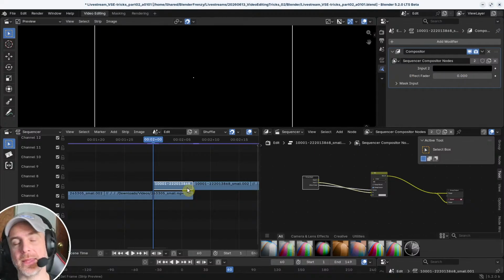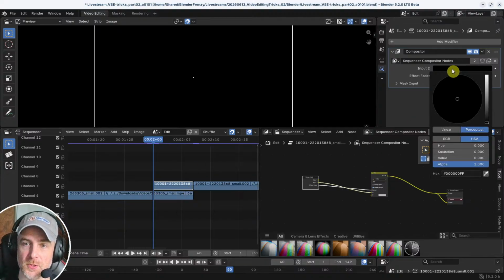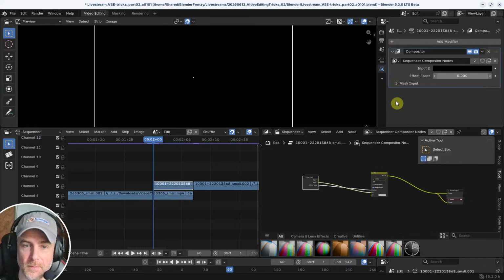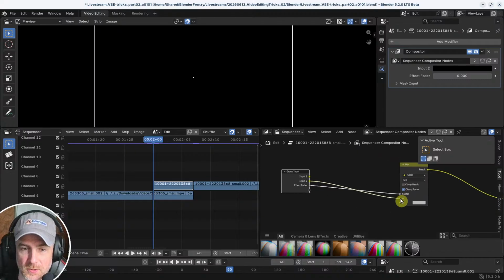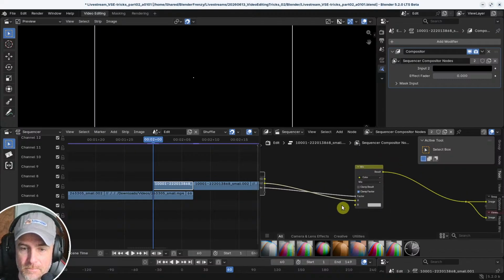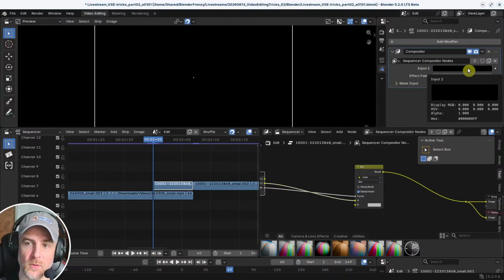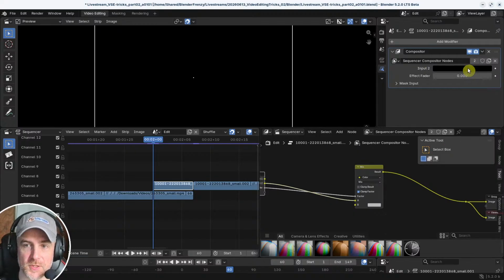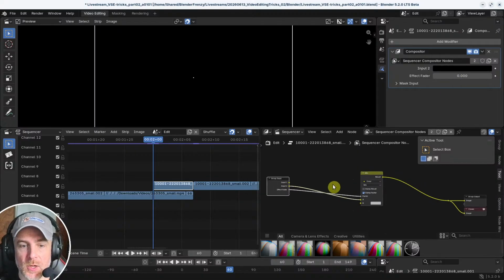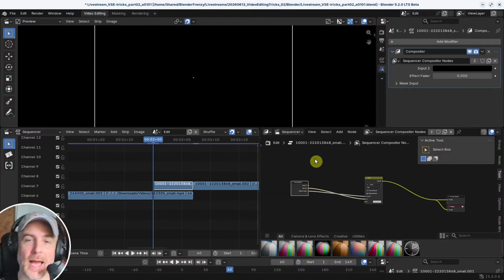I think I remember when I first tried this, I had a hard time with that too, because right now input 2 is just black. And so I'd need to plug something into input 2. I don't know if that's possible other than just a color. So that is very confusing. It's not the most straightforward thing, but prepackaged